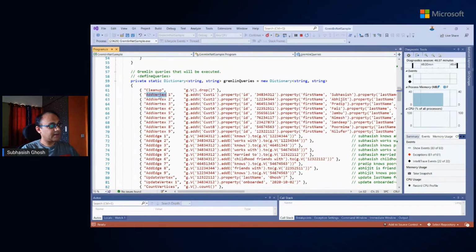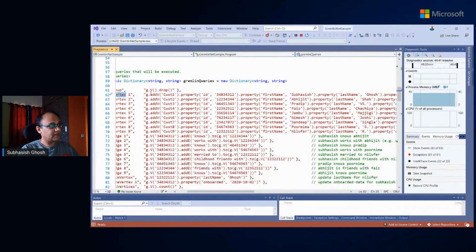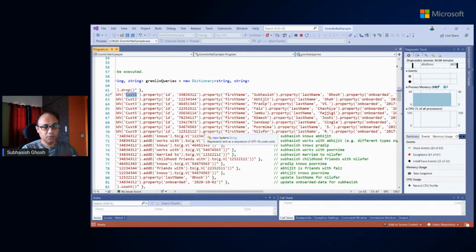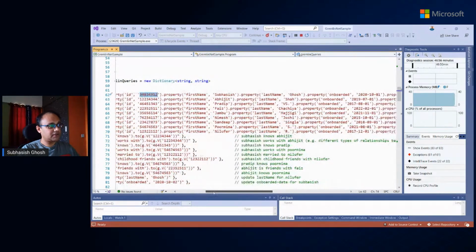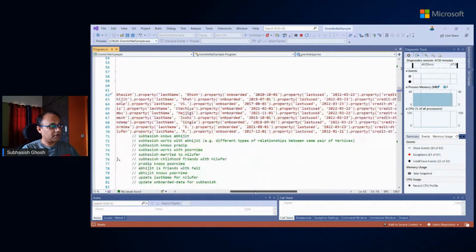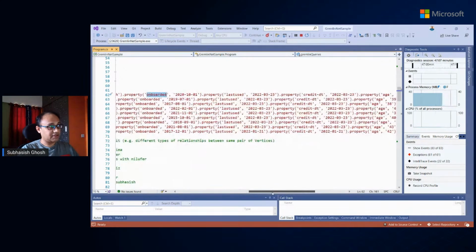As you can see, these are standard Gremlin constructs. When you're adding a vertex, you're mentioning a label, because the Gremlin API, which is an Apache TinkerPop standard, allows you to build what we call property labeled graphs. You had an ID which we assigned to the vertices, and then you had multiple properties. For example, for this particular use case, we stored the first name and last name properties, when this customer is onboarded onto this e-commerce platform, let's assume.